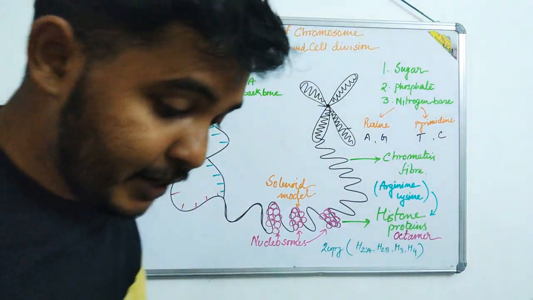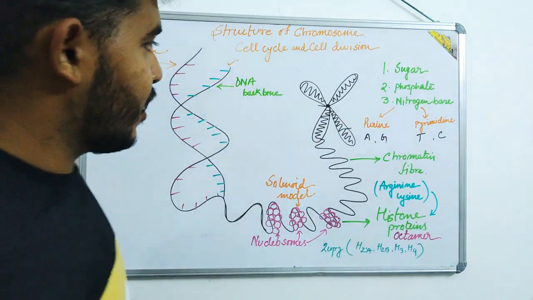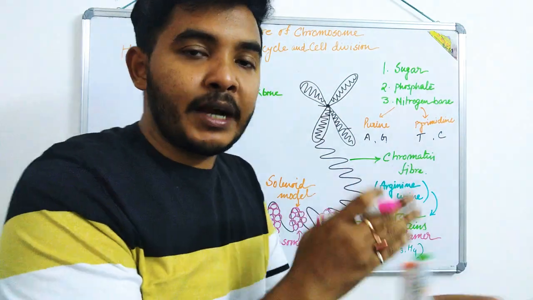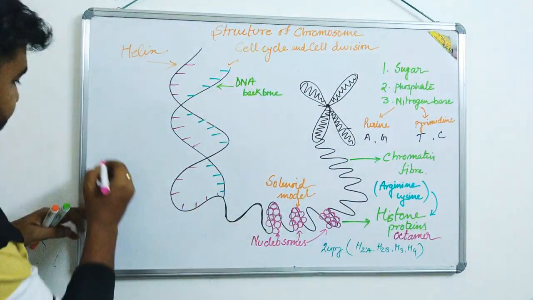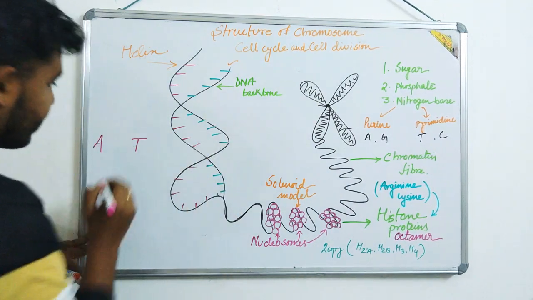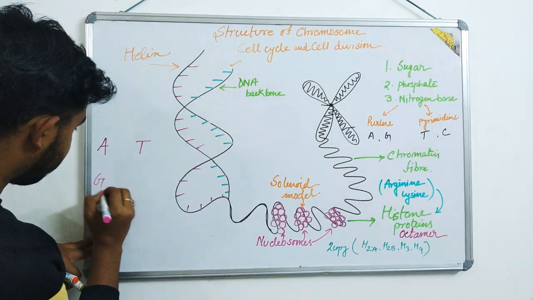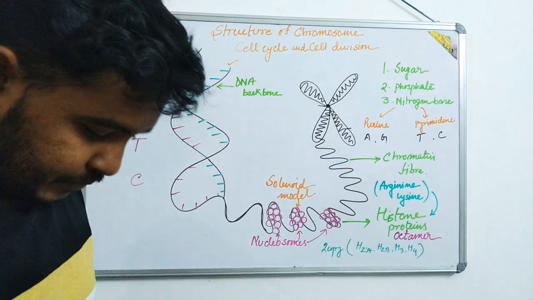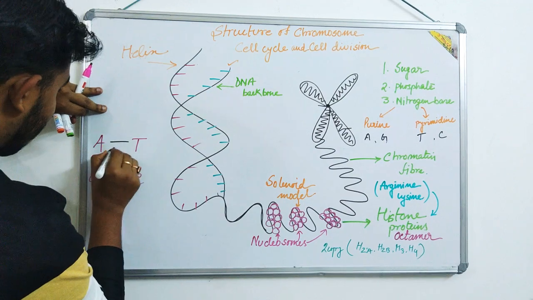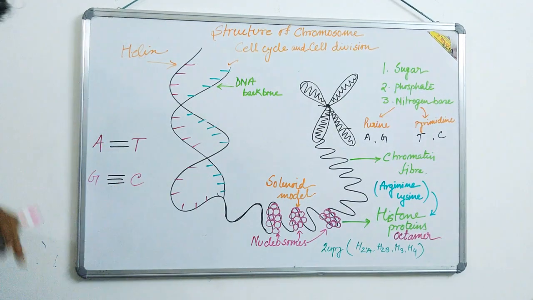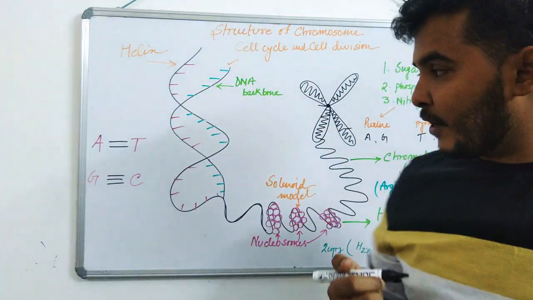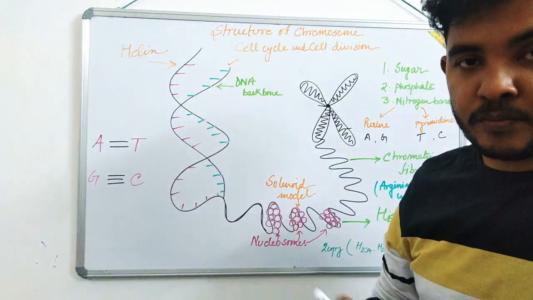So what happened? There is a very beautiful thing inside the DNA. This purine always binds with a pyrimidine, or you can say pyrimidine binds with a purine. Okay, let me tell you one thing. This A will always bind with T, thymine, and this G always binds with C. In this A and T, there remains hydrogen bond. Between A and T, there are two bonds. Between G and C, there are three bonds. Okay, G and C three bonds, A and T two bonds.